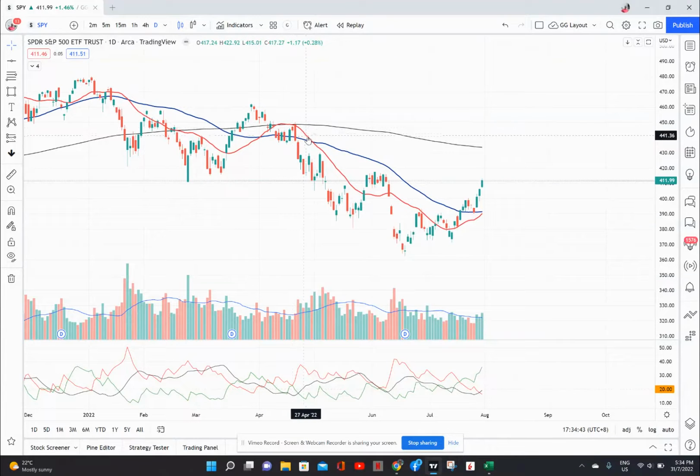So we had a crossover here with the 20 below the 50 below the 200, and that was really a strong downtrend for me. So I'm always looking at trends. And what we kind of have right now is we have the